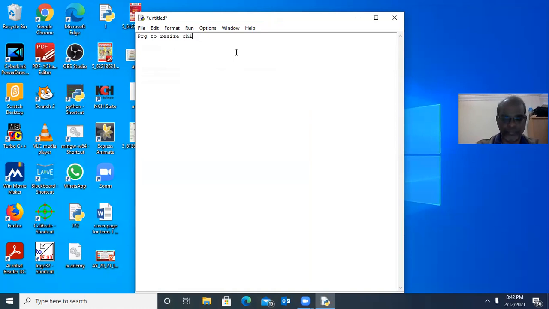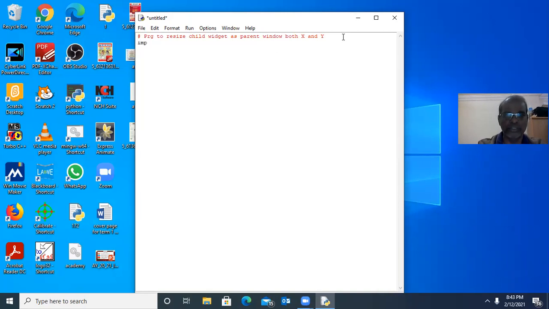Child widgets, x and y, both x and y, height and width. So here we can have a comment.